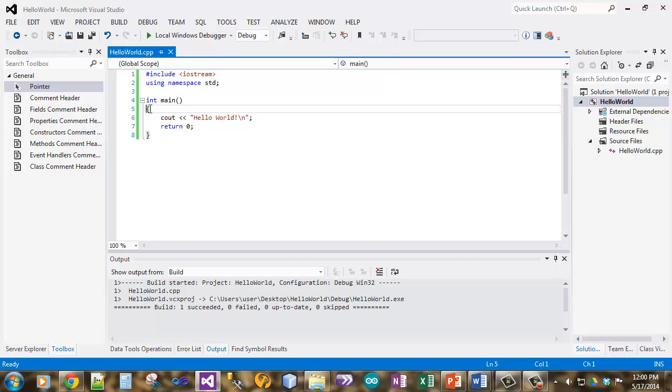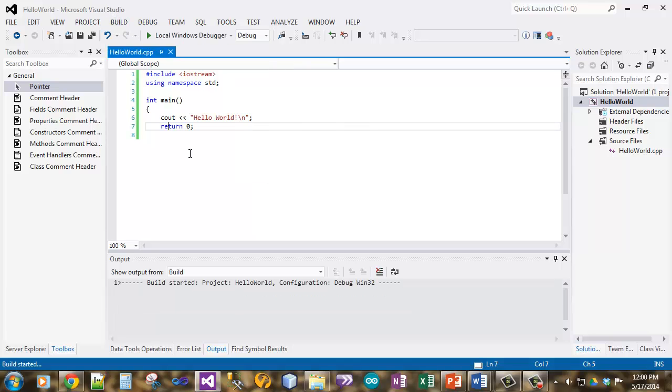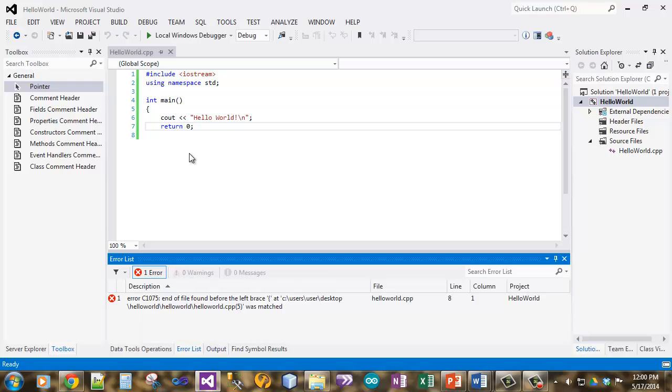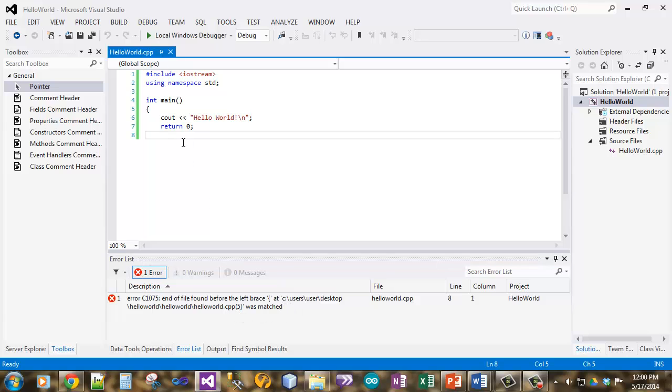If you don't get a successful build, generally speaking, what probably happened is you didn't type information in correctly. For example, these curly braces are important. If I didn't have one of those curly braces and I tried to build, I'll get an error, and you can see it tells me that I have an error here, and it says end of file found before left brace. So it tells me what was wrong with it, and then I can come in here and make my correction,